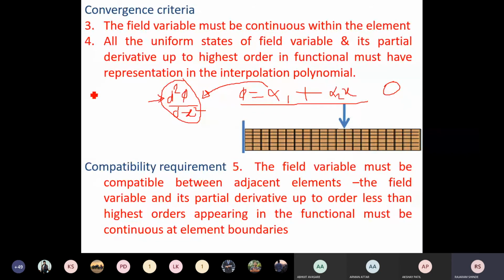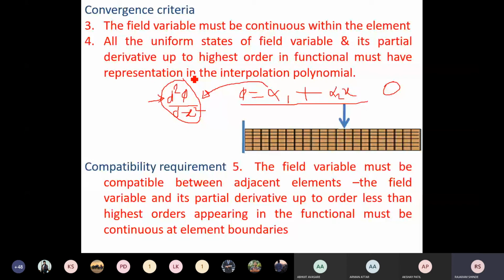Now this is known as a convergence requirement. What is this convergence requirement? Already I have told you, when we reduce the size of the elements, our solution approaches the accurate solution. If your polynomials are satisfying these 2 criteria, in addition to your geometric isotropic criteria, then we can get the convergence of the solution when we increase the number of elements, when we reduce the size of the elements. That means if you do not satisfy these criteria with the polynomial, you cannot get convergence.